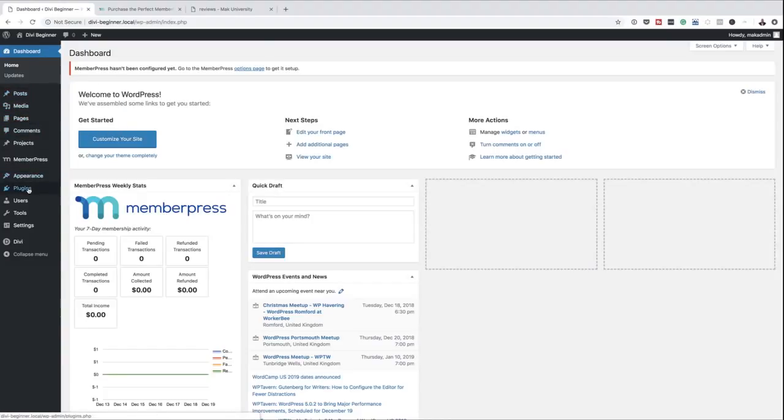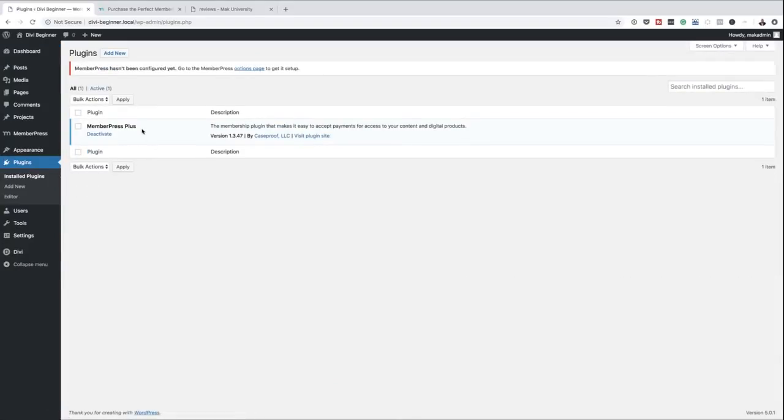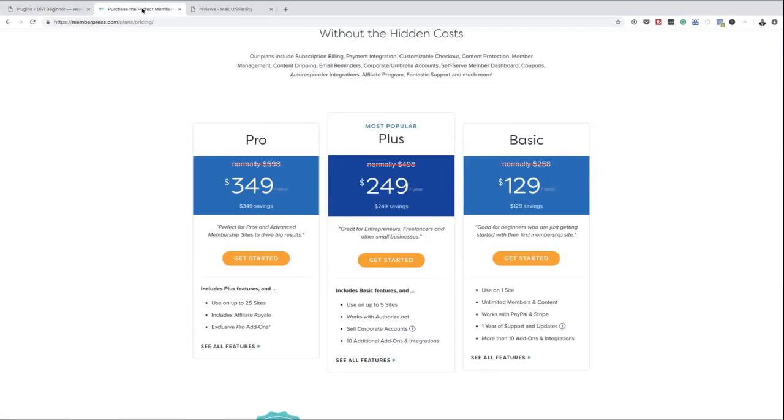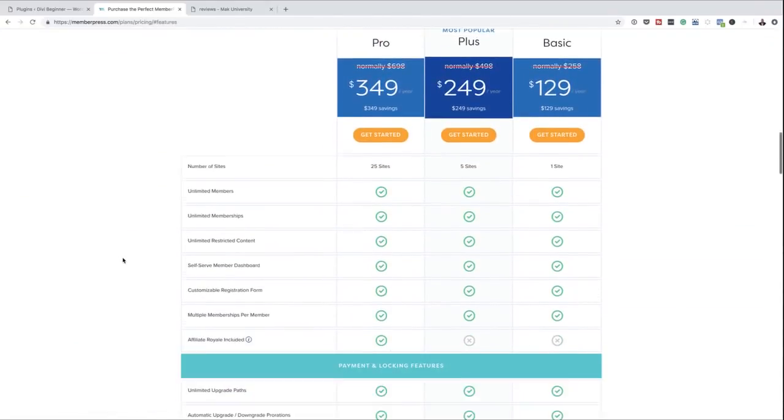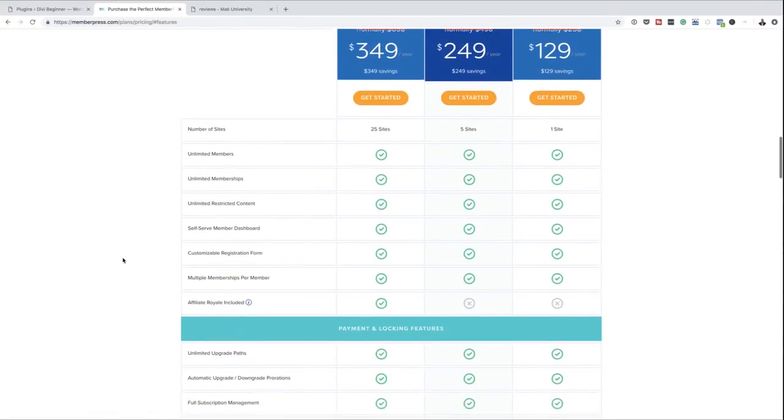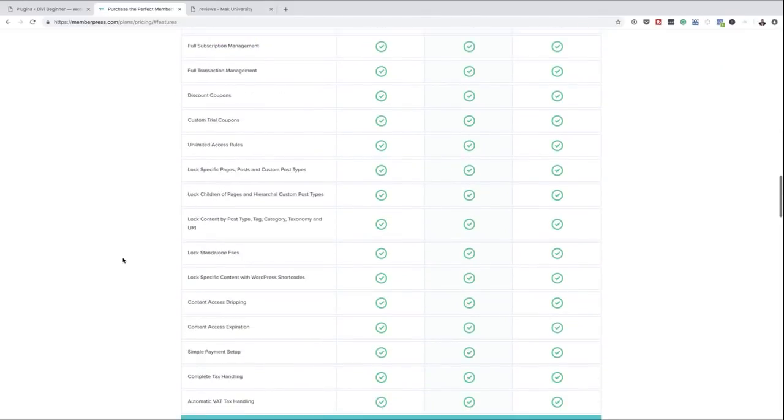If I come over here to plugins, I'll click on installed plugins. You'll notice that I have the MemberPress Plus plugin installed. This is this one here in the middle. It's great. Let me go through all these features so you can see why it's important to go with this. If I scroll down here,